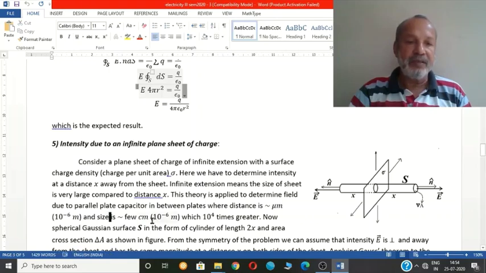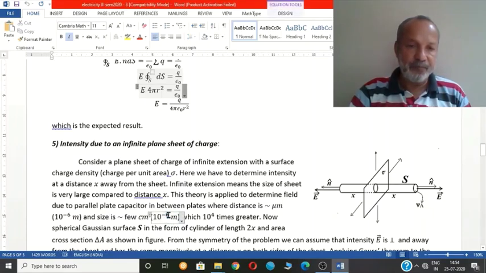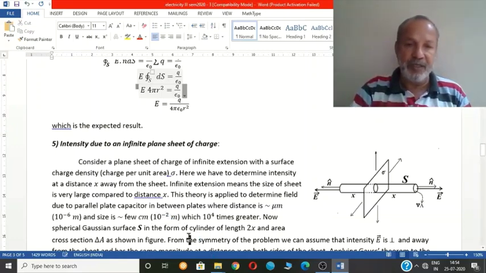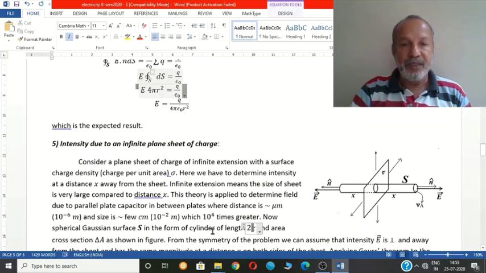And you know that the size of the capacitor is actually of the order of centimeter, which is 10 raised to minus 2 meter. So you compare 10 raised to minus 6 with 10 raised to minus 2. So this centimeter is 10 raised to 4 times greater. So that's a huge number. This is 10,000